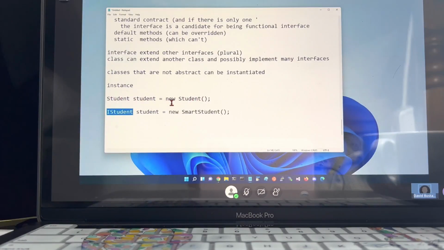If I do it this way, then I'd have to create a new smart student who happened to be a smart student, and I couldn't take advantage of this interface being usable. It also allows me to give you, for example, an ILinkedList where you create a new linked list, which goes with my ILinkedList. And then I can keep changing these and test everybody's code to make sure it really supports the correct interface. And in our next class, we'll, of course, start really digging in to talk about that as we start working on classes and interfaces.